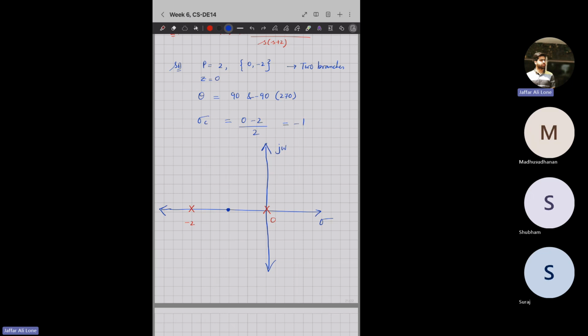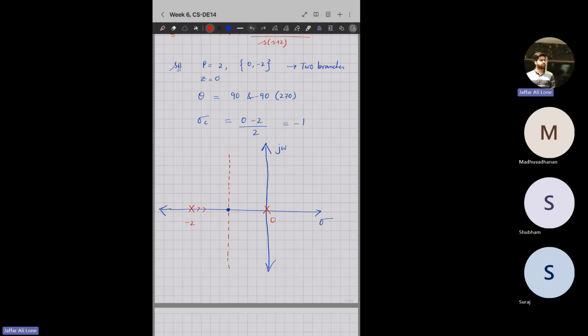Now you see, from the centroid, there will be 2 asymptotes. I'm drawing them like this, from where my branches will go to infinity. So my branches will be somehow coming from here, then going like this, and going like this. It can be like this. But let's analyze,